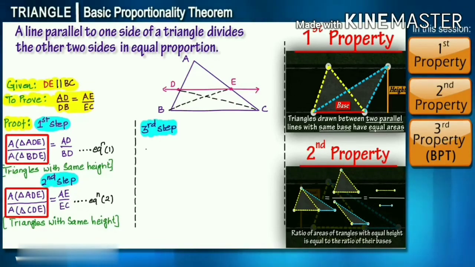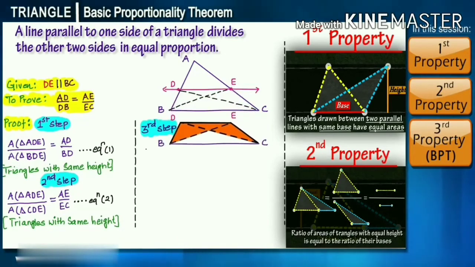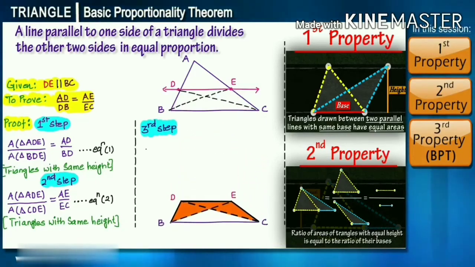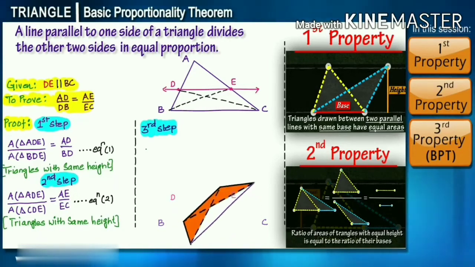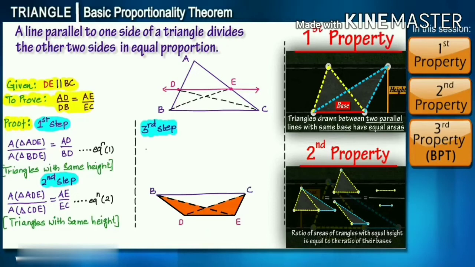Let us focus on triangle BDE and triangle CDE. The area of these two triangles are equal from the first property that we have already learnt, as DE is parallel to BC and height will also be equal in these two triangles as they are on the common base DE. Therefore, area of triangle BDE will be equal to area of triangle CDE, that is from the first property that